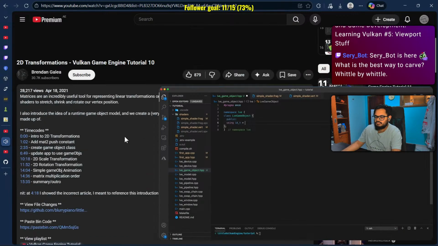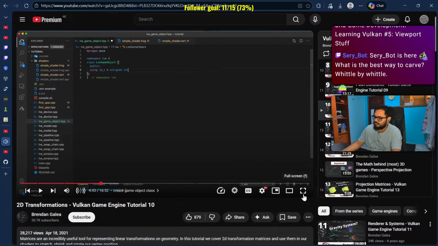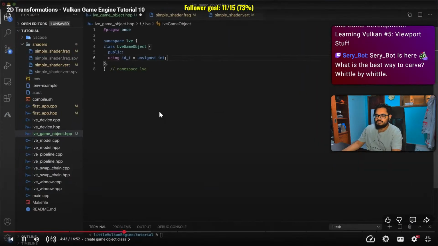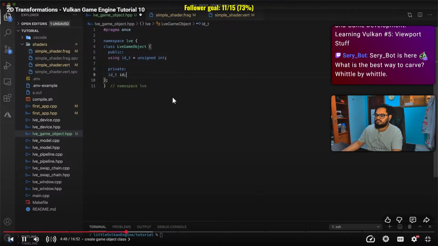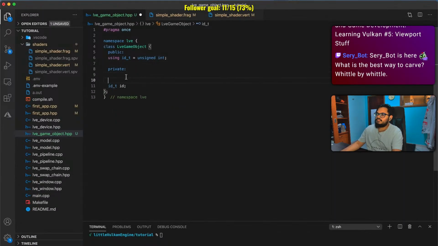Alias using ID type equal to unsigned int. Then add a private ID type member variable called ID. Now to ensure that each game object will be created